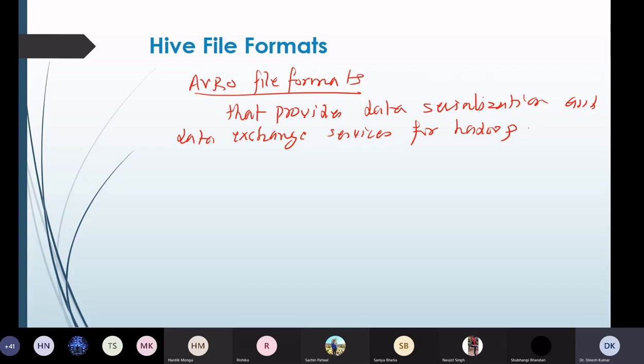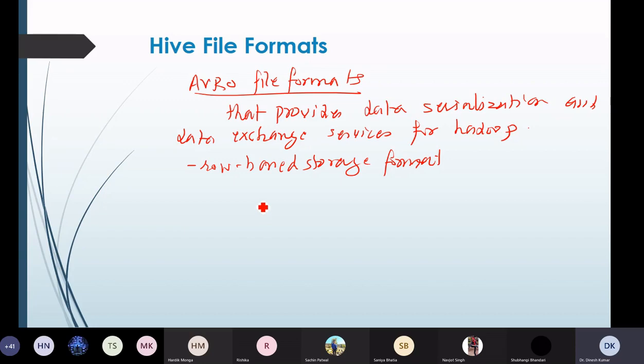So it can process many other programming languages like C, C++, Java, Python, Ruby. So it can process all kinds of these file systems. But Avro is a row-based storage format, which is mostly used in case of Hadoop.